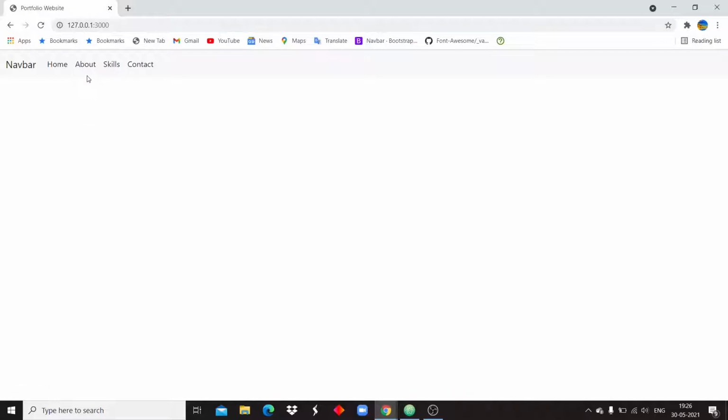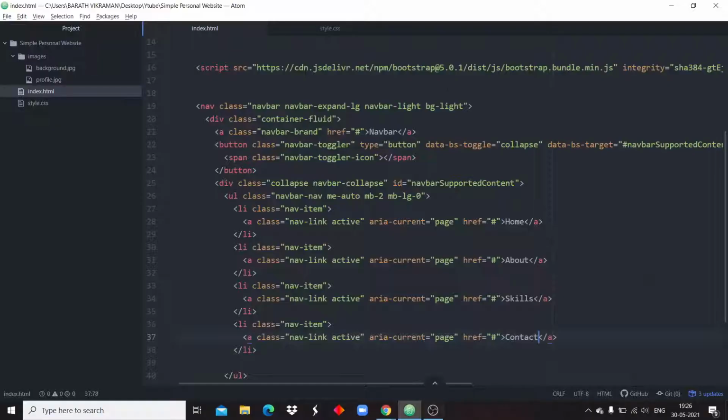After this we don't need this section on the left, we need to specify it on the right, so I am changing some of the Bootstrap classes.